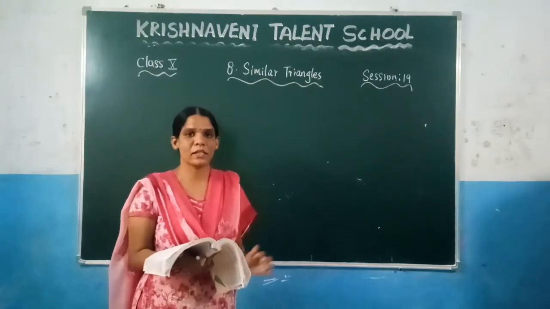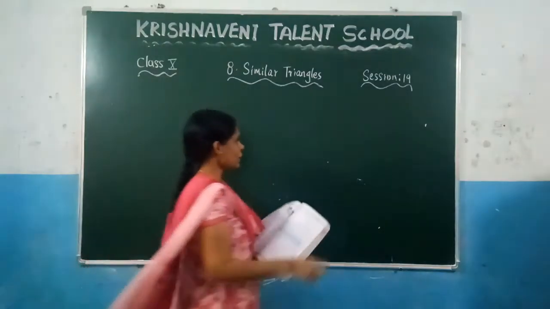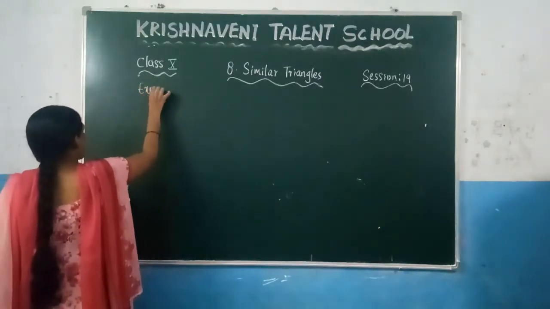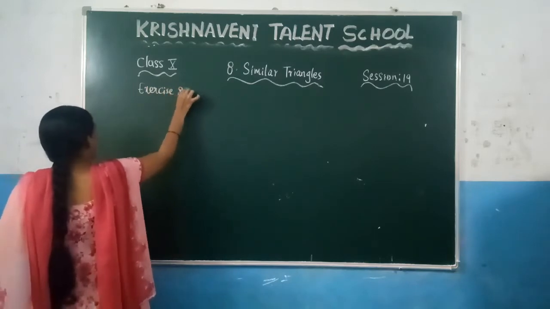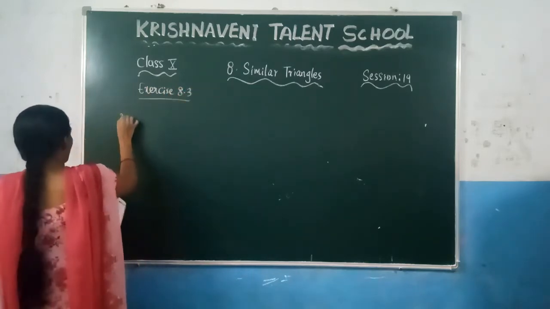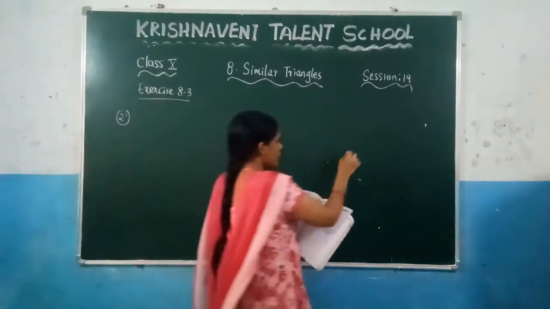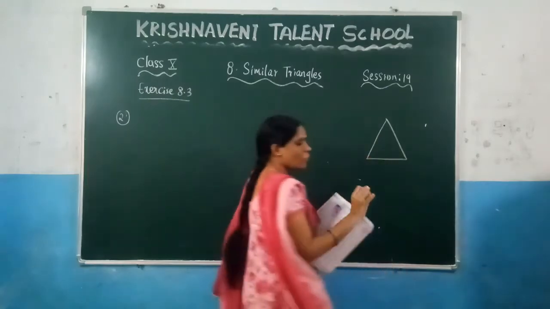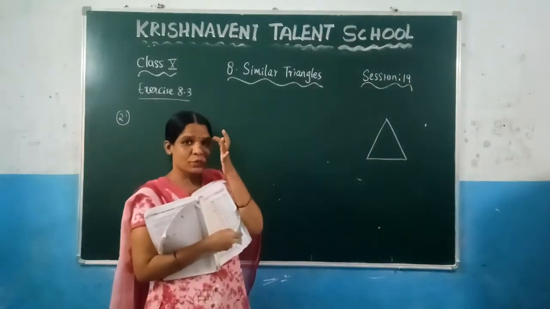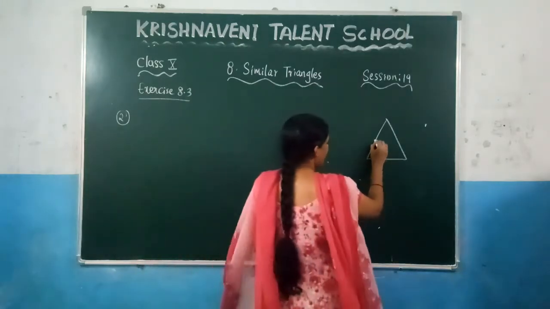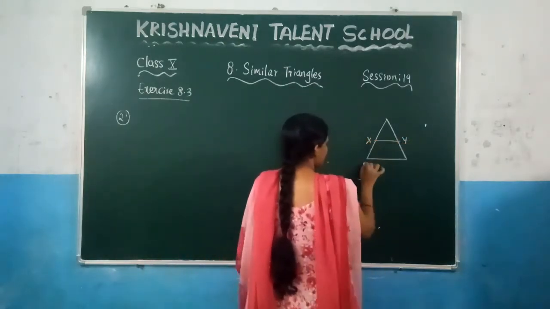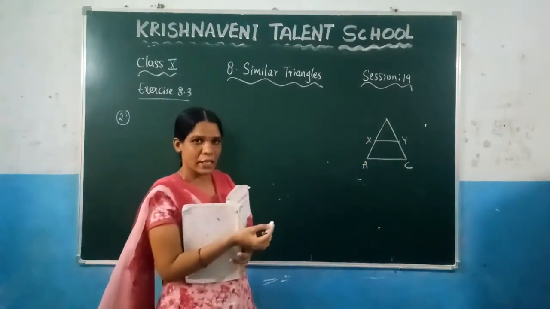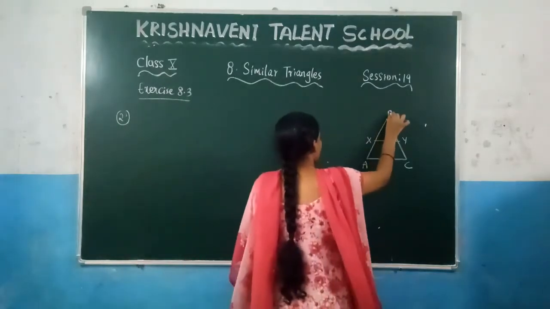Now, based on the question, let us draw the triangle. Here, first you need to consider one triangle. They have given XY is parallel to AC, so let us draw one line XY such that this XY is parallel to AC. What is the triangle they have given? They have given the triangle ABC. So, this is A, this should be B.